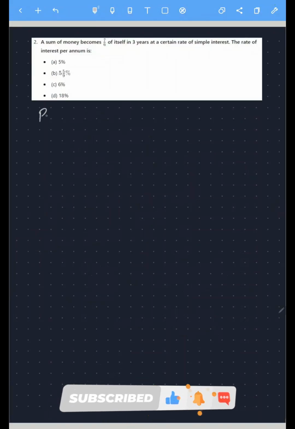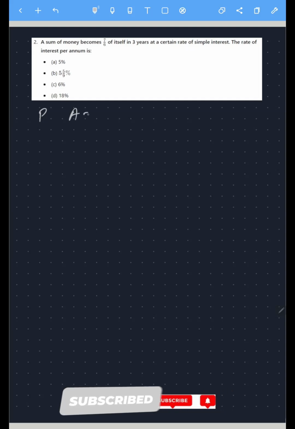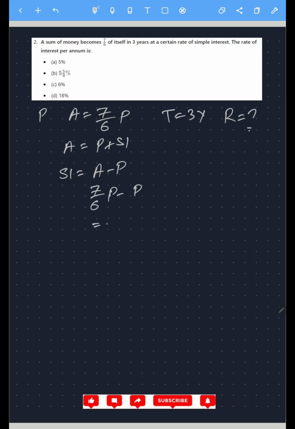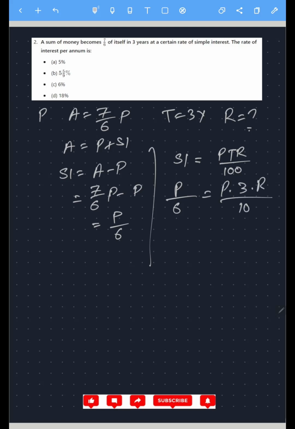What is given in the question? Principal is P, we have to assume it, that amount is 7 by 6 P, that is amount is nothing but principal plus interest, and time is given as 3 years, rate is what we have to find out. So SI is equal to amount minus principal, that is 7 by 6P minus P equals P by 6, and SI equals